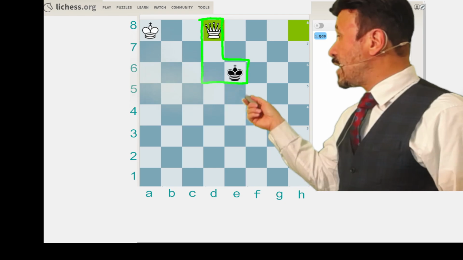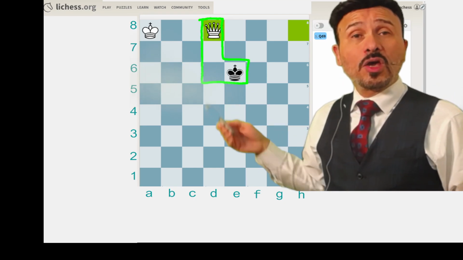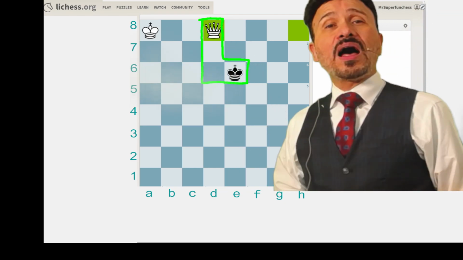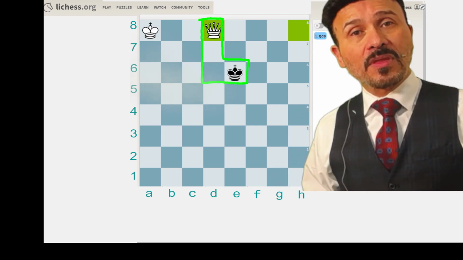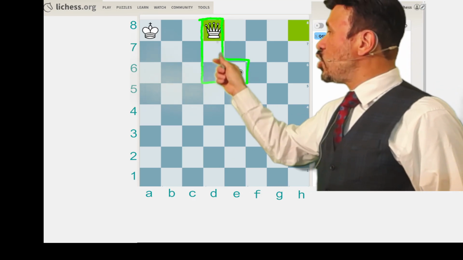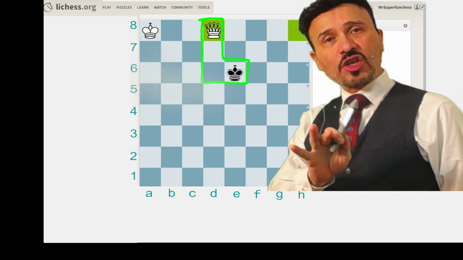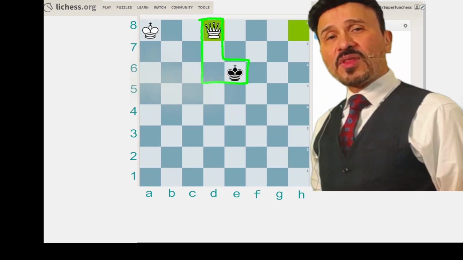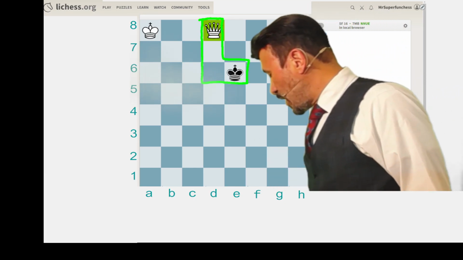If the king is on a white square, you want to place your queen on the dark square. And by doing that, you'll be a knight's jump away. Your queen's going to be a knight's jump away from the king, and you'll be able to trap him. So let's take a look